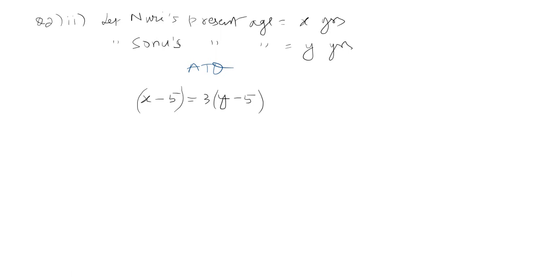So we'll multiply Sonu's age by 3 and that becomes equal to Noori's age. So we have to just simplify and try to make a linear equation in two variables in the proper form. So this is minus 10. I hope it's correct now. So this is the first equation, you can see. This is 10 here.